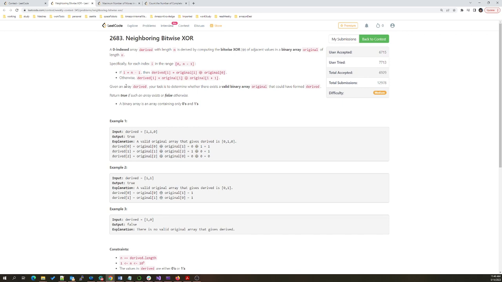Given an array derived, your task is to determine whether there exists a valid binary array original that could have formed derived. Return true if such an array exists, or false otherwise. A binary array is an array containing values 0 and 1. So for this problem,